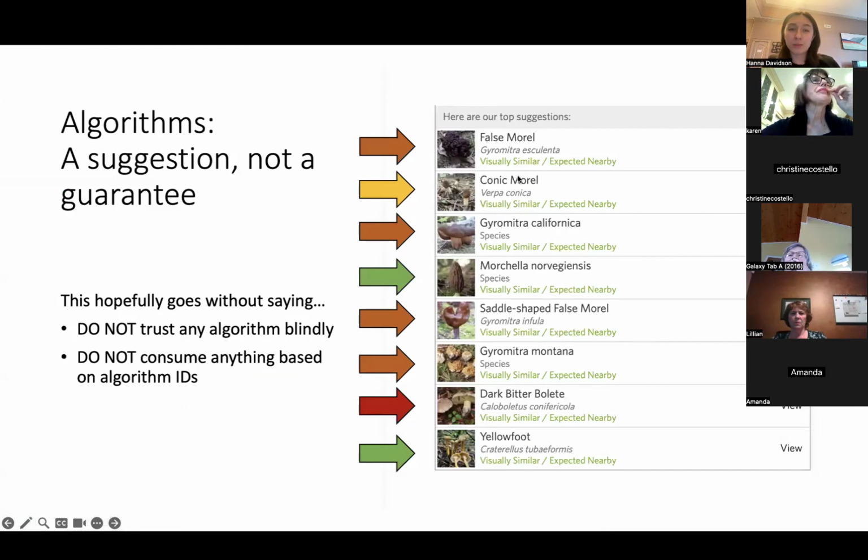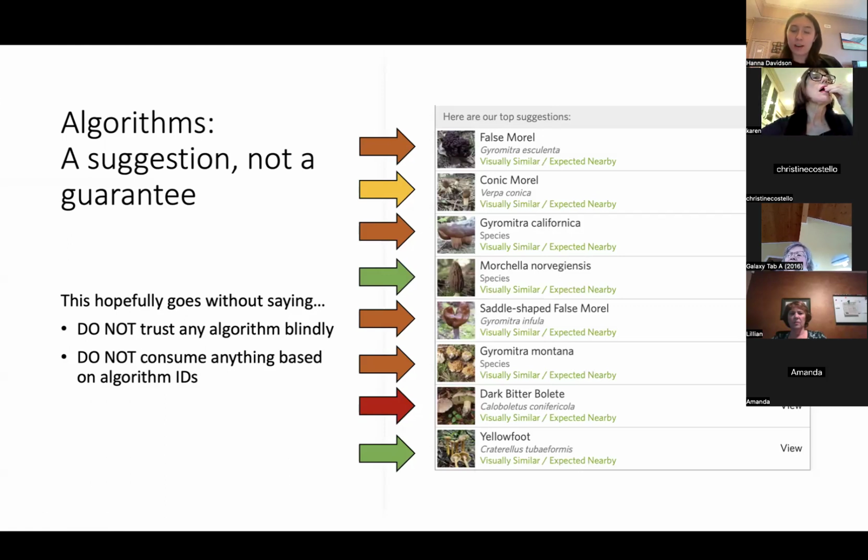So I just wanted to bring this up here too. I put in a picture of a morel mushroom and you can see that I got a lot of similar suggestions. Some of them are for true morels, some are for false morels, some are for verpas, and then you even have this craterellus at the bottom that's quite different. It's bright yellow, it's differently formed completely. But in this list, there's a wide variety of what we would call edible mushrooms.